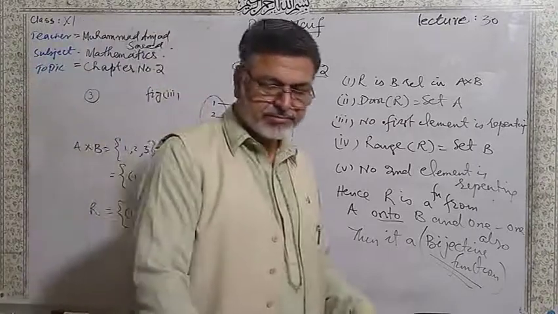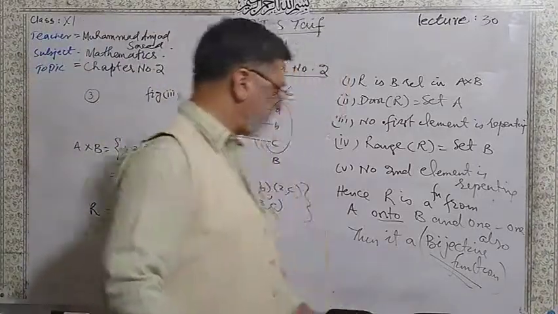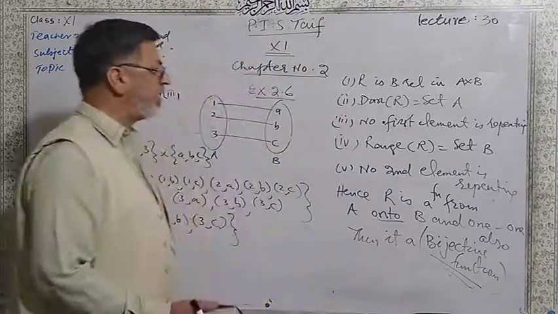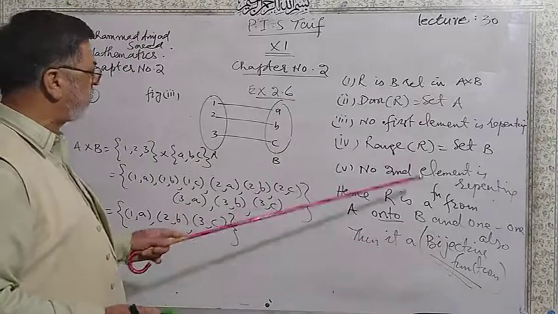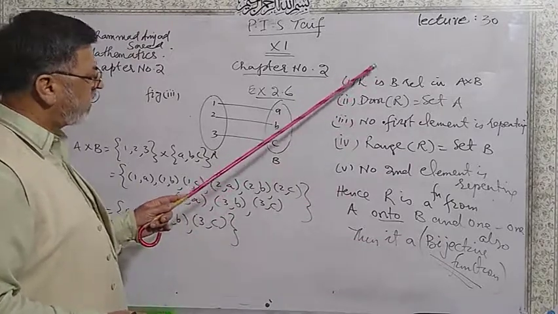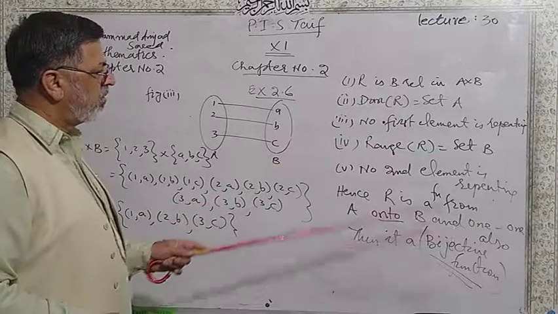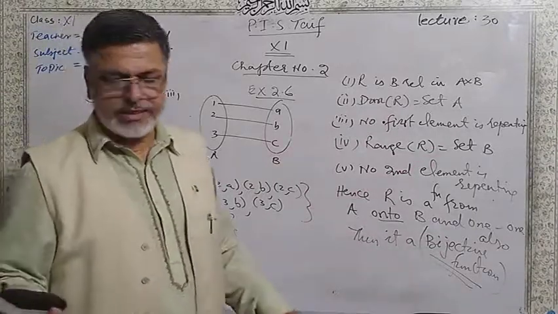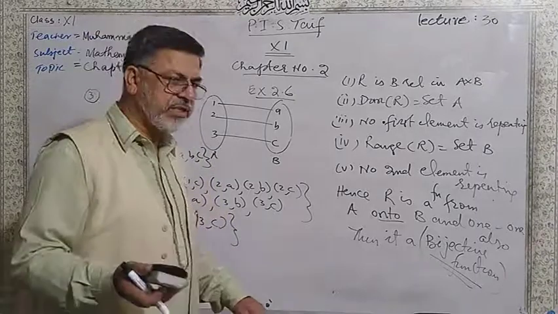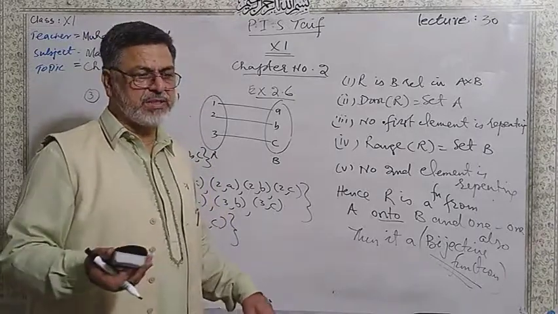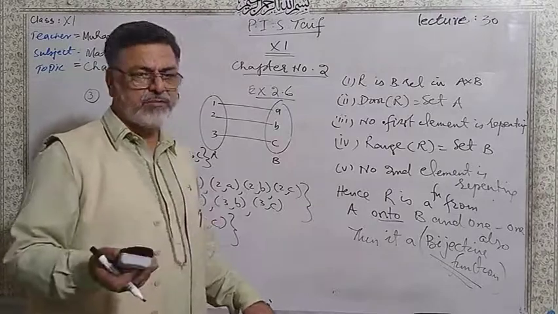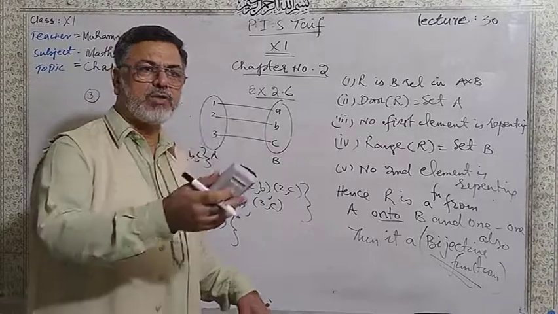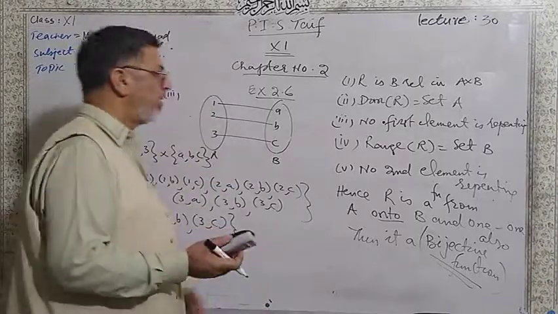I hope that you understood this. Maybe you cannot find these conditions in this way in your book. So keep in mind these conditions. It will become very easy for you to understand what a function is, what the type of the function is, how we can distinguish them, and how we can move gradually from into function to onto, then onto to one-to-one, or like that.